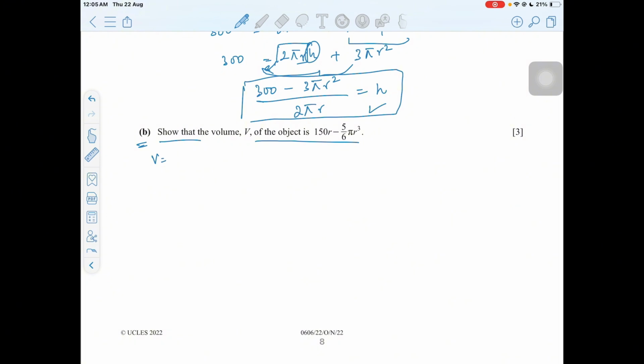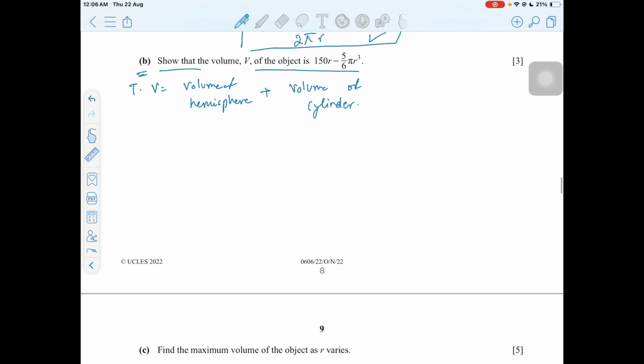Our total volume is given by volume of hemisphere plus volume of cylinder, right? So volume of hemisphere would be 4 over 6 because 4 over 3 is divided by 2,